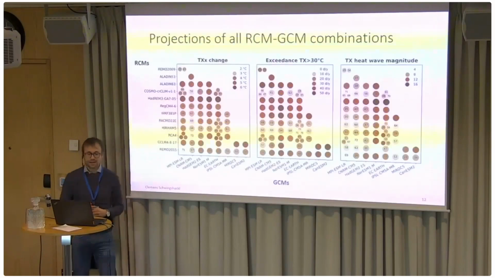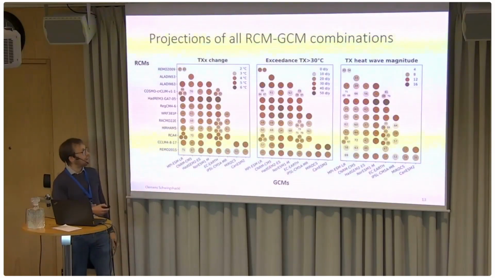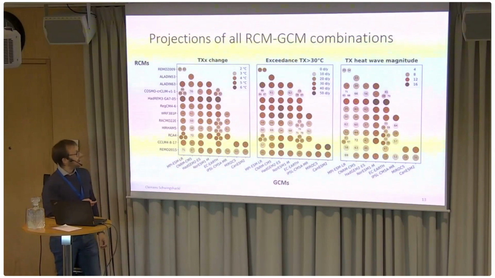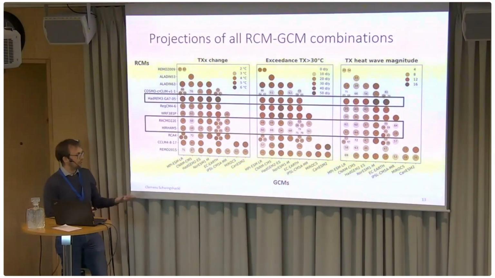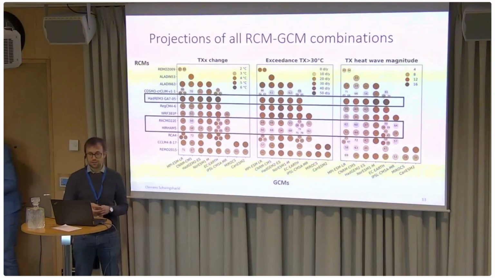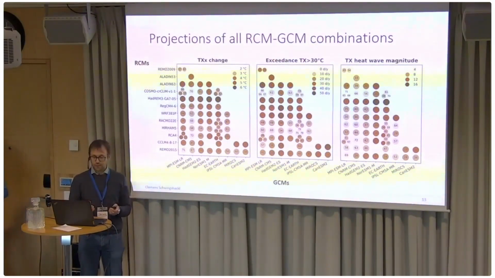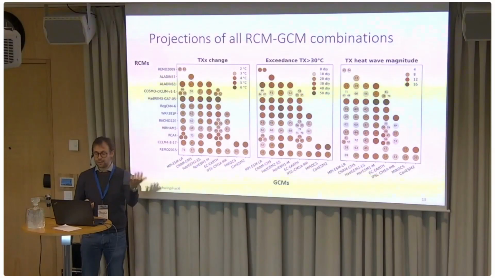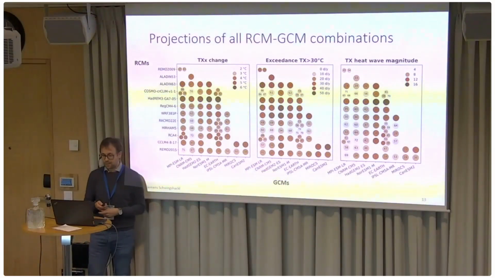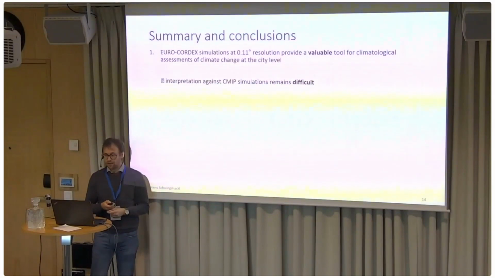And then as the last result, I just wanted to show you all the different models that we have. The main point here is that there is a lot of variability. For example, one model had RAM3, which has very strong increases in all of the indicators, while other models have relatively low increases in these heat indicators or in ambient heat. This means if you do studies with these models, you should use more models, not just one, because you could just by chance get a model that has very strong ambient heat projections or very low projections.